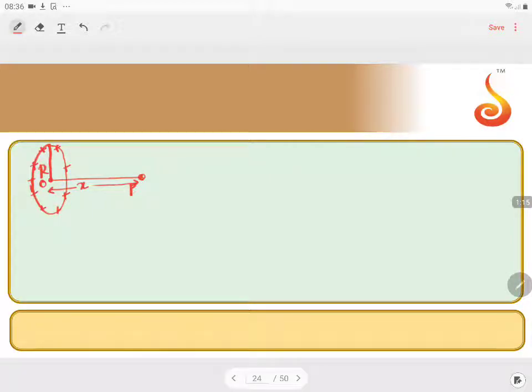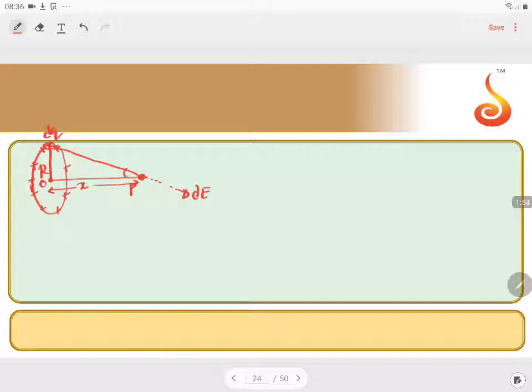Now to find the electric field at that point, the logic in all these extended charge problems is that we divide the entire extended charge into small elemental charges. We find the electric field due to the small elemental charge and then we integrate. Here also we do the same thing. So consider a small elemental charge dq here. This dq will produce an electric field at the point P, away from it if it is a positive charge and towards it if it is a negative charge.